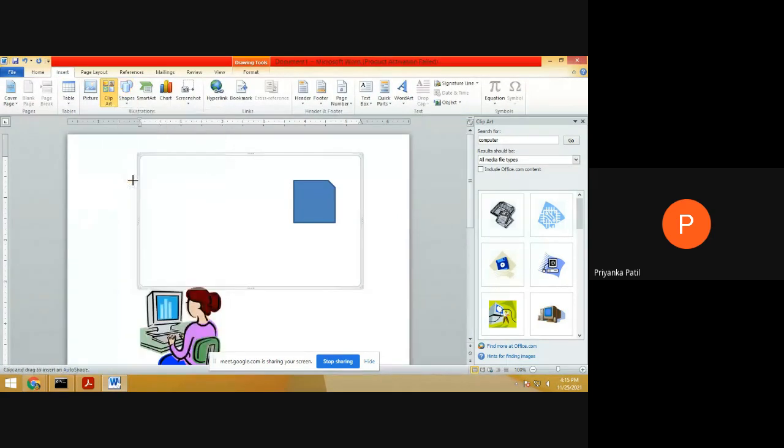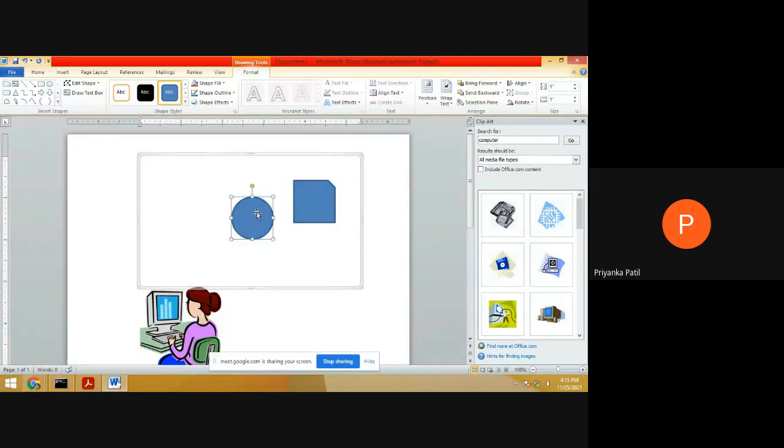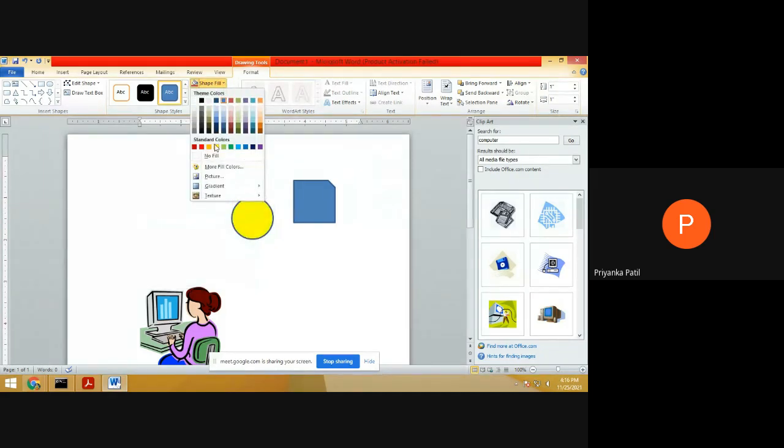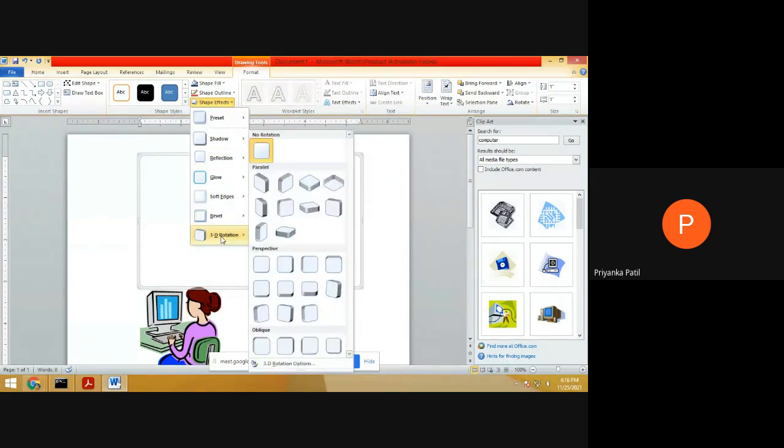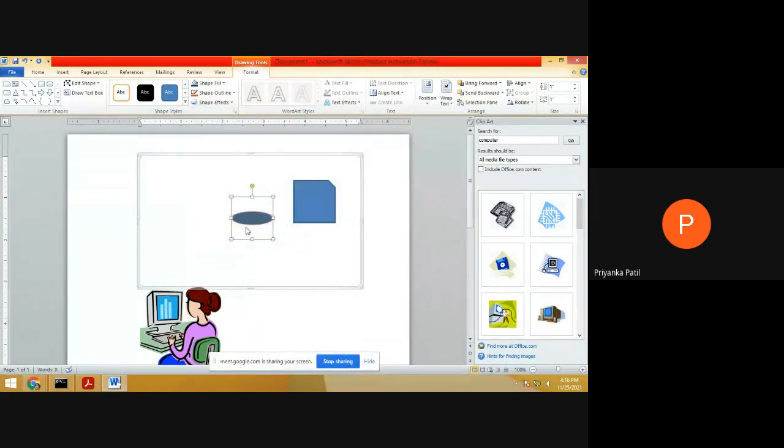If you want to draw a circle, we can represent the circle. After selecting that particular shape, we can format the properties of that shape. Here we can fill color with the help of different color shades. After that, we can change the thickness of the border, the outer line. For effects, we can create a shadow or 3D reflections of the object. So there are n number of options we can use after selecting the given shape.